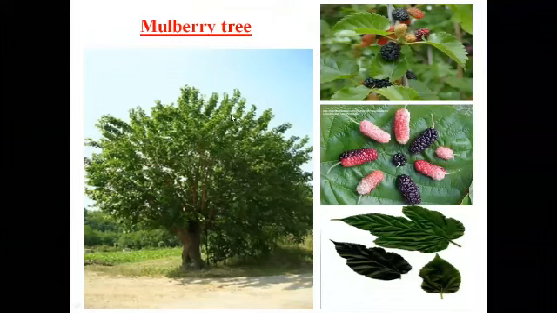Now you can see here the mulberry trees, the mulberry leaves, and the mulberry fruits on which the caterpillar feeds. The mulberry tree is a very good habitat for the silkworm because, as I've already told you, the mulberry leaves give proper nutrition for the silkworm. If we give proper nutrition to the animals that we are rearing, then we will get a better product from them. So to get lustrous, shiny, and beautifully textured silk, we have to feed them better food.